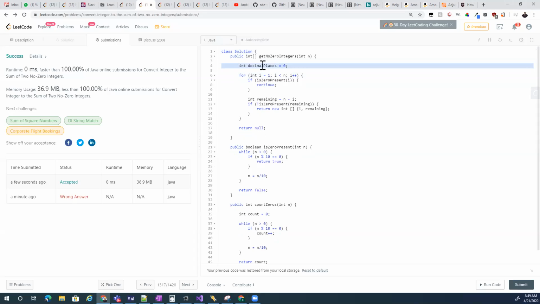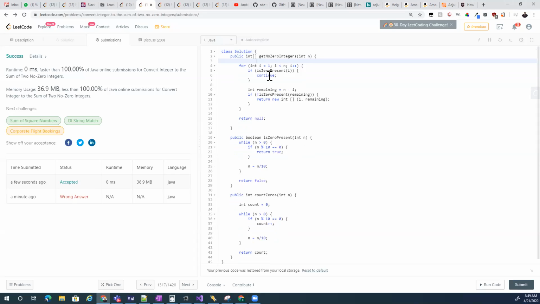This is also graph work. But yes, so I start from 1 to n and see whether the first part contains any zeros. If the first part contains any zero, I don't use that. Then I check the remaining part. And if the remaining part also doesn't contain any zero, then I just create the array and send it.